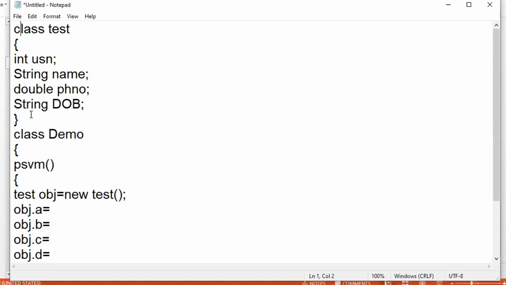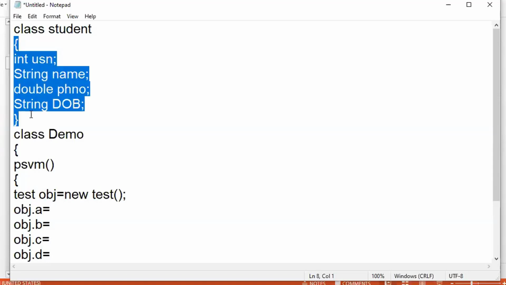Let me say this is a class Student. With respect to one student, my interest is to gather this information, to read the values for one student: what is his USN, what's the name, what's the phone number, and what's the date of birth.